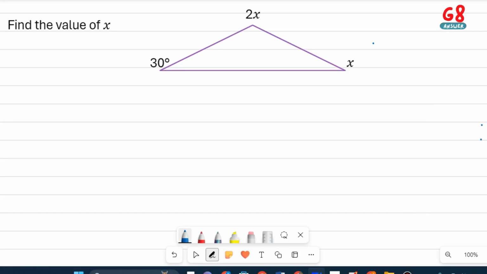Friends, we are here with another question of mathematics in which we have to solve the value of x from